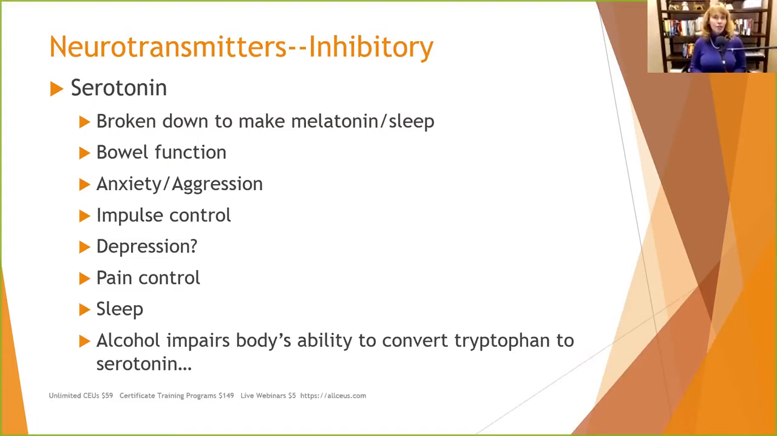Serotonin is your primary inhibitory neurotransmitter. It's broken down to make melatonin and help you sleep. Okay, so we know that one. It's also responsible for a lot of our bowel function, anxiety, and also it's implicated in nausea and motion sickness. And they found that